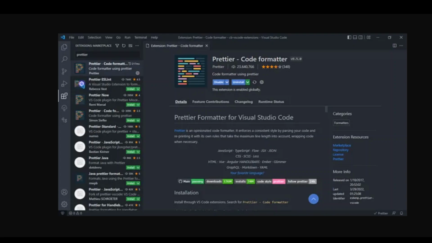Speaking of extensibility, VS Code has thousands of extensions you can install to ramp up your developer productivity and save yourself from mundane tasks. They're all available in the VS Code marketplace, and the vast majority of them are completely free. The first VS Code extension which I want to show you is called Prettier, as you can see